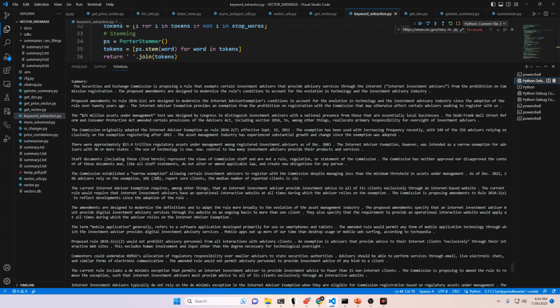The 25 million assets under management test was designed by Congress to distinguish investment advisors with a national presence from those that are essentially local businesses. The Dodd-Frank Wall Street Reform and Consumer Protection Act amended certain provisions of the Advisors Act, including Section 203A, to, among other things, reallocate primary responsibility for oversight of investment advisors. The Commission originally adopted the Internet Advisor exemption as Rule 203A-2F, effective September 19, 2011. The exemption has been used with increasing frequency recently, with 149 of the 256 advisors relying exclusively on the exemption,